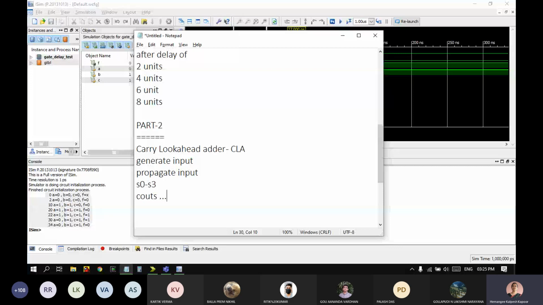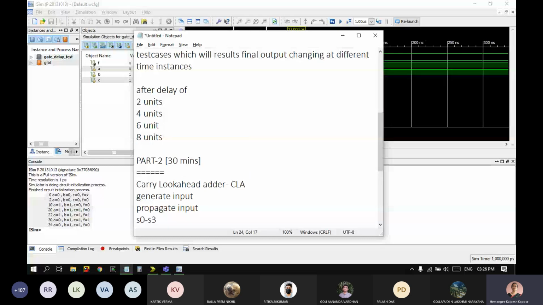Show again the same test cases and demonstrate that the carry look ahead adder is faster than a ripple carry adder. This will take you another 30 minutes maximum because the expressions are straightforward. This is the rough estimate. You can take more time, but normally it is possible.